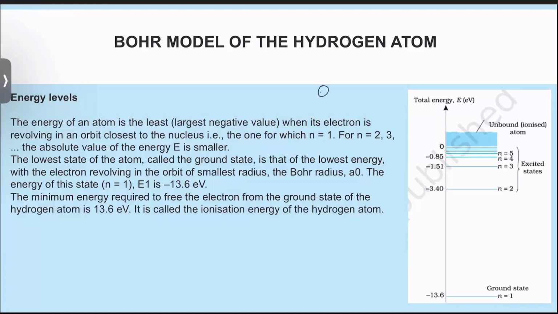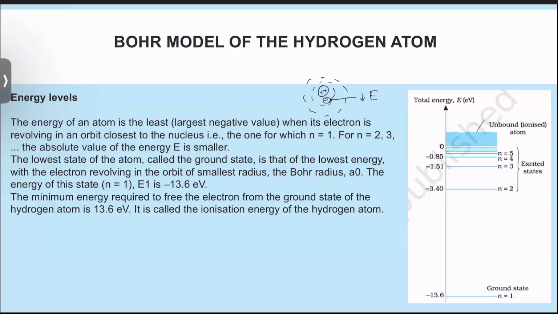If this is your nucleus, the electron which is closest to the nucleus will have the least energy. So for n equals 1, we'll have the least amount of energy. As you go away from the nucleus, the energy is going to get